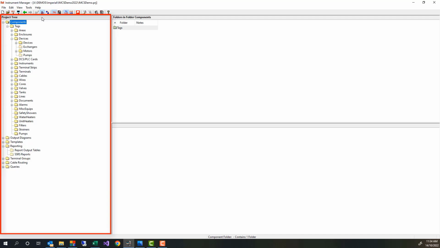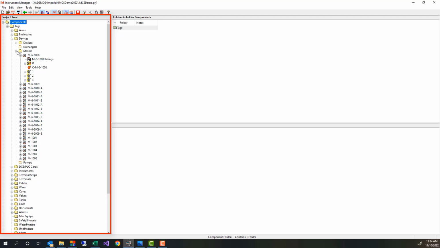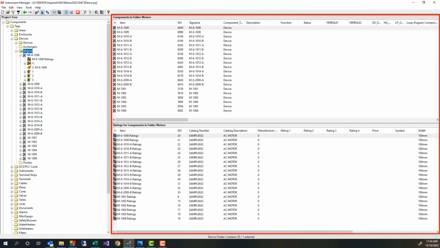We are interested in components first, so I will open up the Motors folder from the Devices branch of the tree. The right side of the screen contains the list views associated with the current tree selection. The top list contains the components in the folder, and the lower list contains the ratings data for those components. With the components in the list view, you can select a specification from the catalogue, add a datasheet or loop,